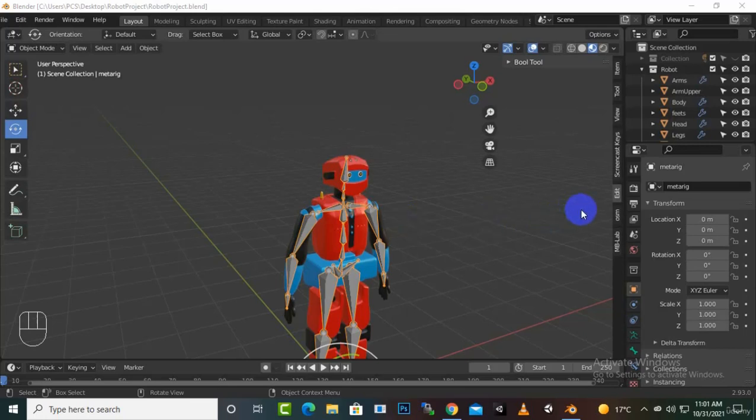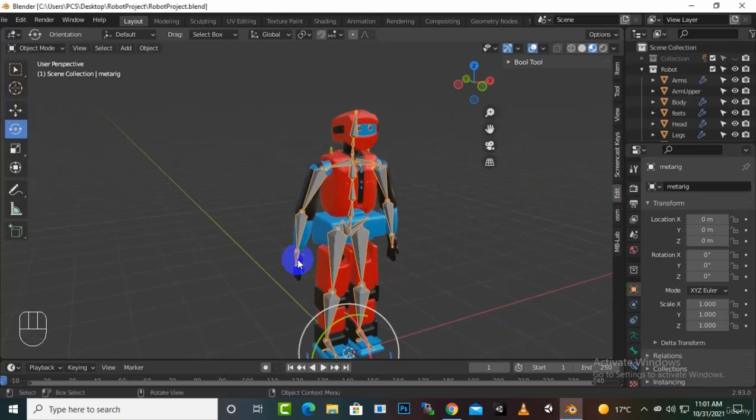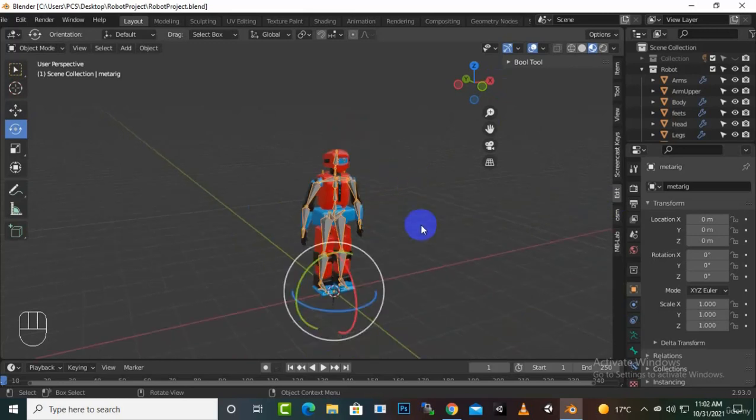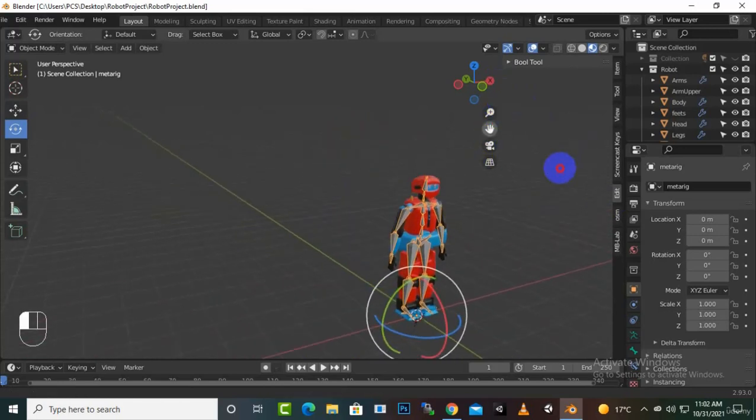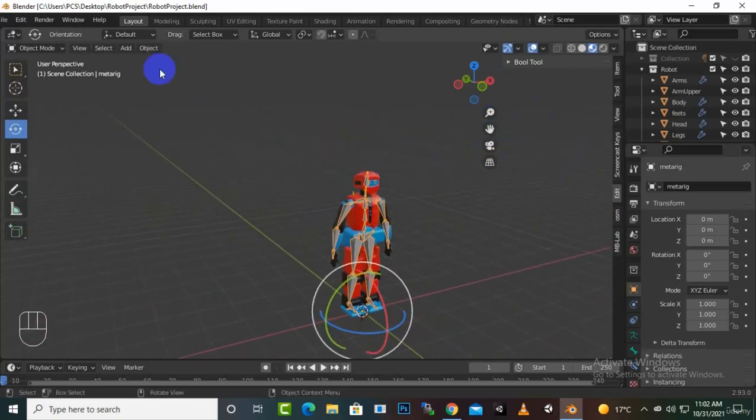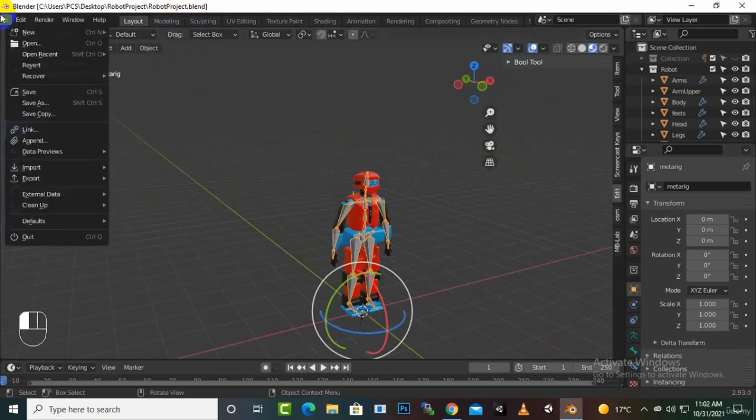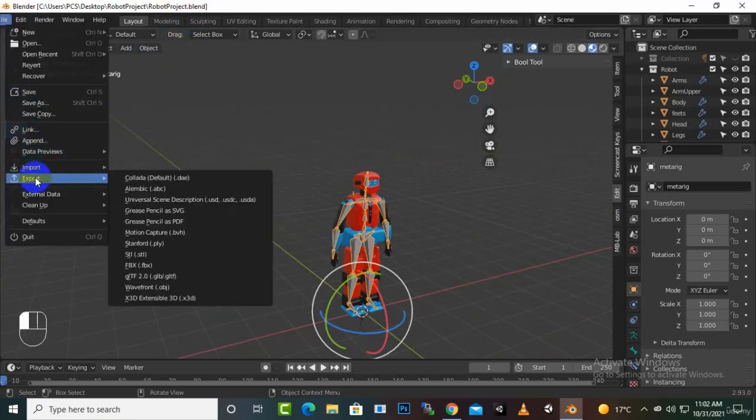Hello everybody, welcome back. In this video we are going to export our character robot for the Unity game engine. So let's start. How can we export it? It's very simple. We can go to File and then Export, and we have several methods of